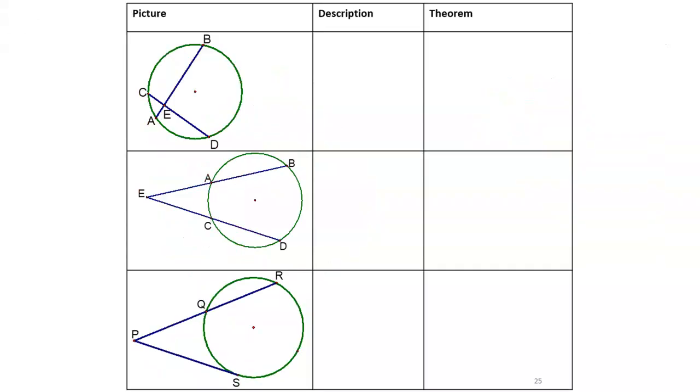So now we have a table here at the bottom of page 25. It's basically got three situations that can occur with these. You can have two chords that meet inside. And when that happens, if you want to figure out any part of those chords, if you want to find any length of those chords, like from A to E, or E to B, or C to E, or D to E,